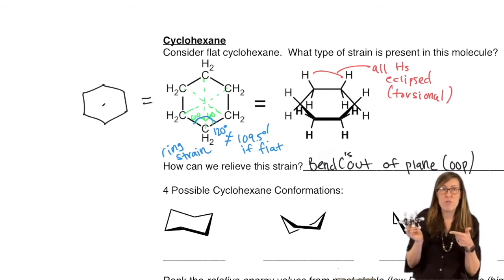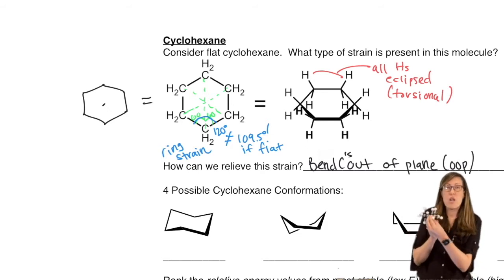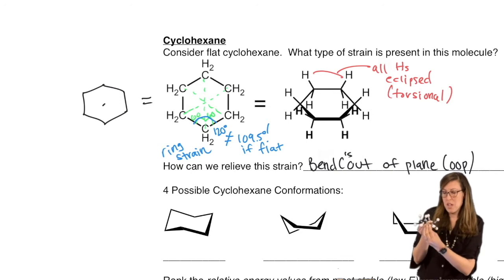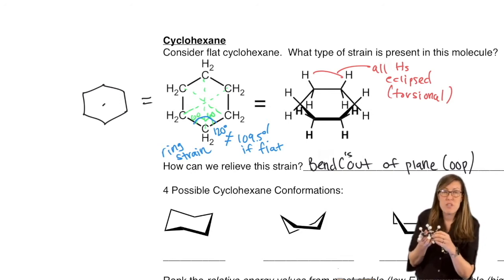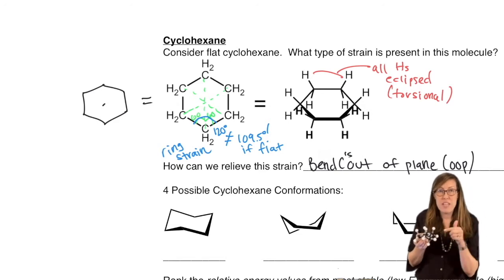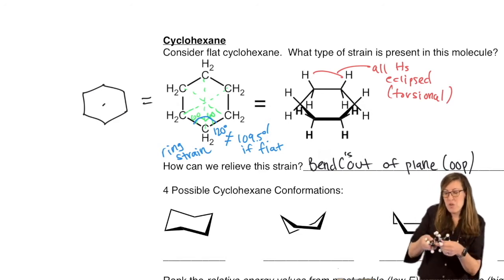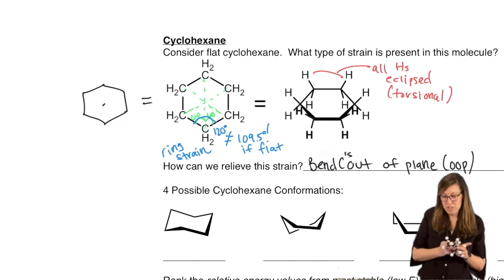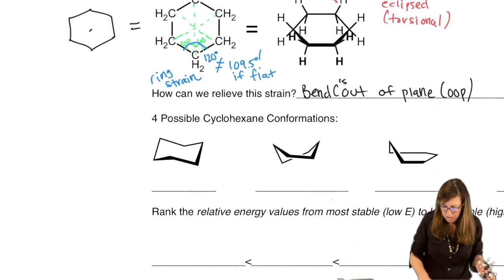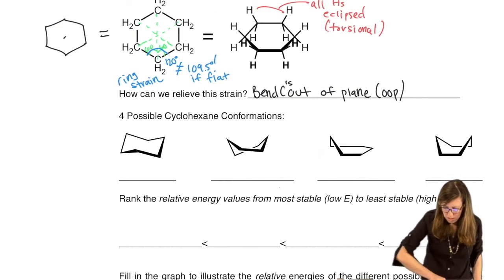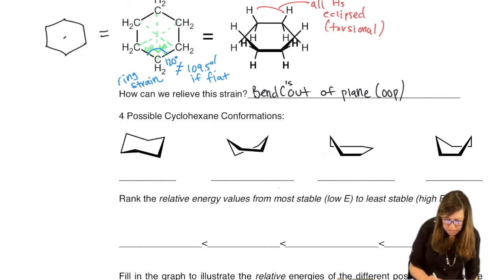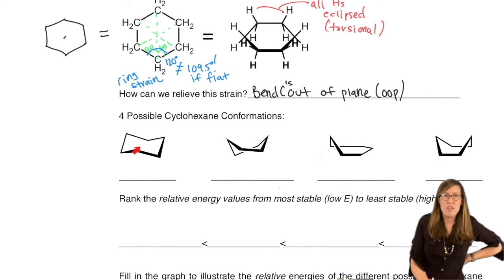But we could also have equally likely made the other chair, knowing that single bonds rotate freely in solution, so this carbon's never going to stay where it is. If it's up, it's also equally likely to be down, which means its neighbors, in order to go back to a stable chair conformation, have to alternate. So what used to be up will be down, what used to be down will be up. And so there are actually two different chair conformations you can get. This is one of the possible chair conformations without all the H's drawn in.